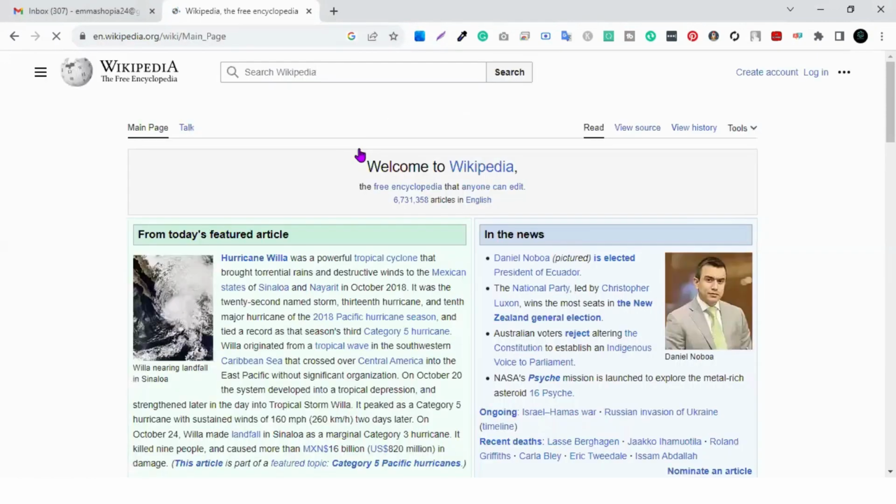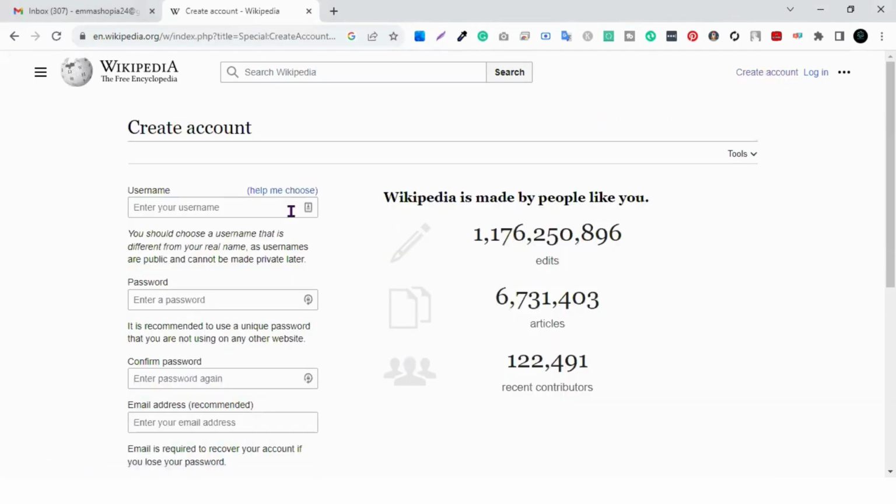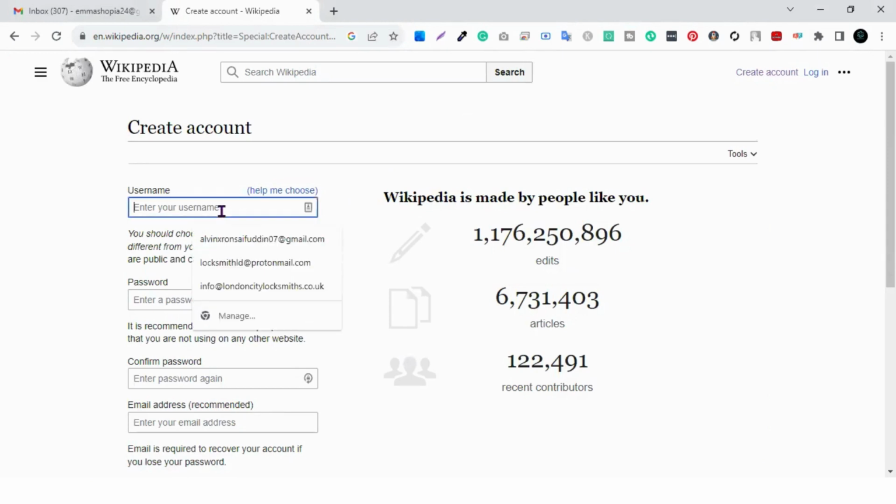Okay, so we will get this page. This page is the home page, but we will actually create an account. So we should go to this section, create an account. It's a very simple and easy process which you can follow. So we will just create here like